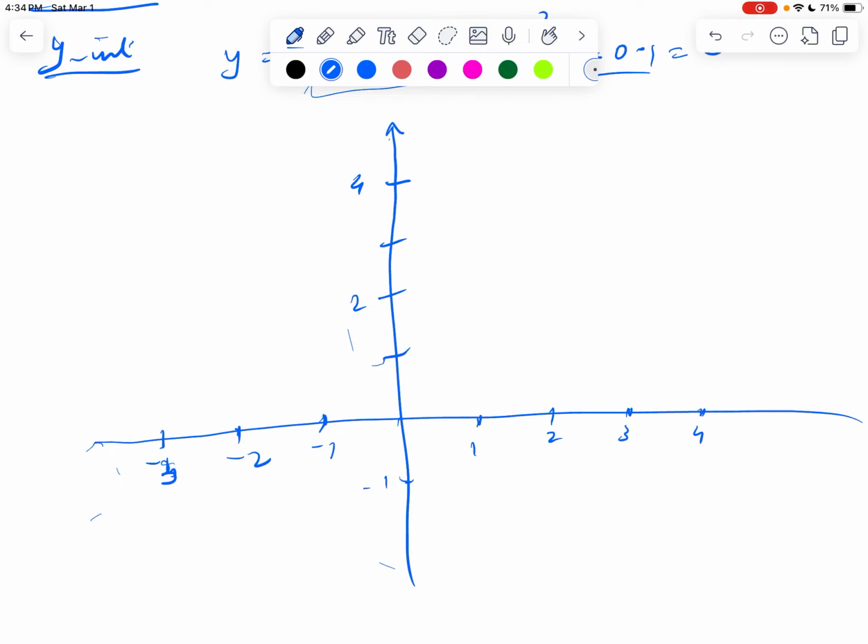Okay. And always put tick marks and always put some numbers at least. I usually put all the numbers here, but you guys at least some numbers. Okay, so now to graph the polynomial, we will first